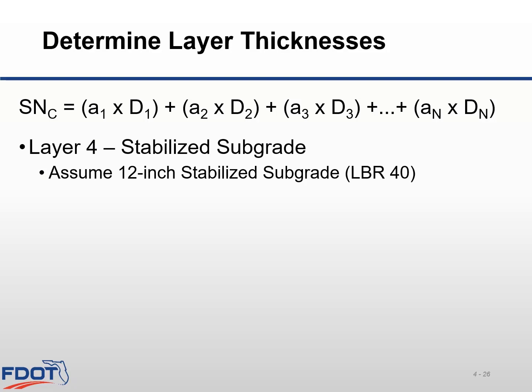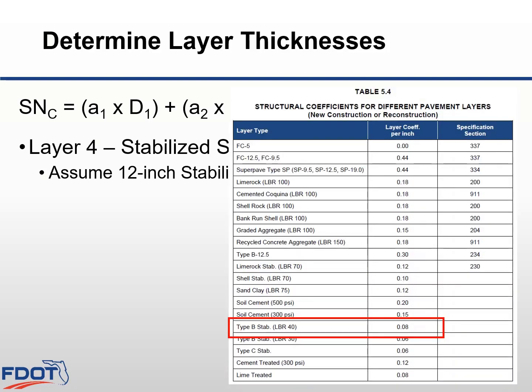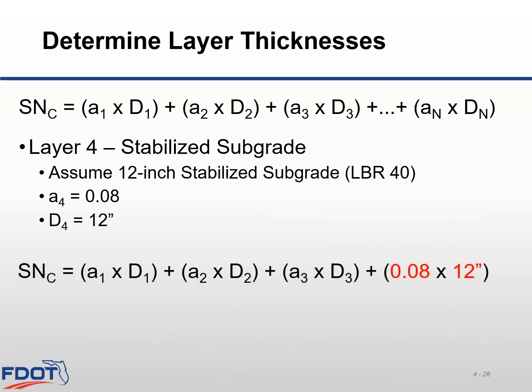So looking at our layer coefficients table, let's find the coefficient for the stabilization that we've picked, which is listed here as Type B stabilization LBR 40, with a value of 0.08 per inch. So now we know our A4 value is 0.08 and our D4 value is 12 inches. So going back to our equation, let's fill those numbers in where they belong,